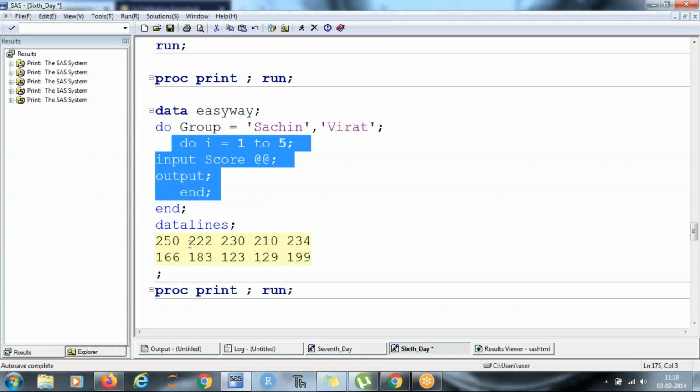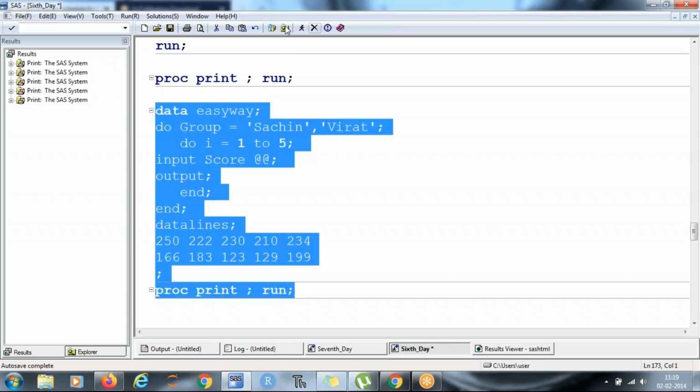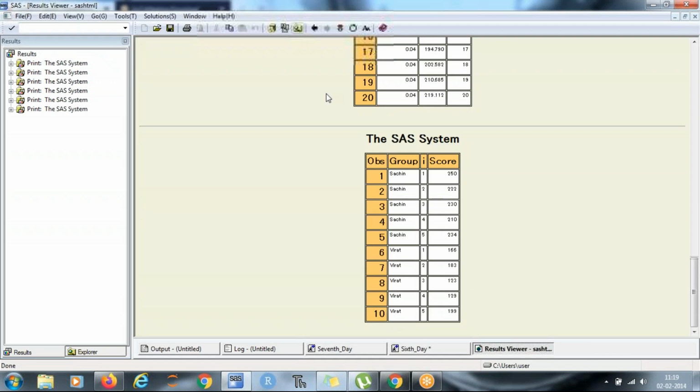So this inner do loop will be able to read this, and the outer do loop will be able to assign Sachin to the first line and Virat to the second line. So let me run it, then probably you will be able to get it. Sachin and Virat. 5 10.